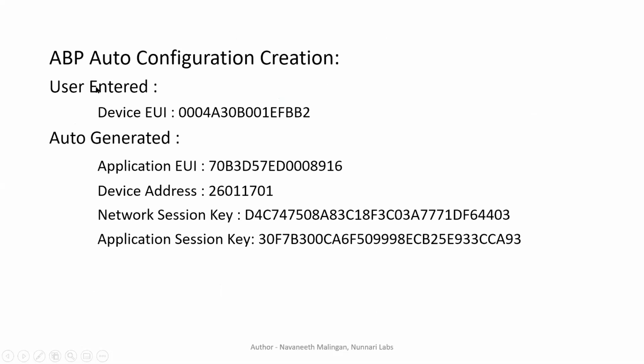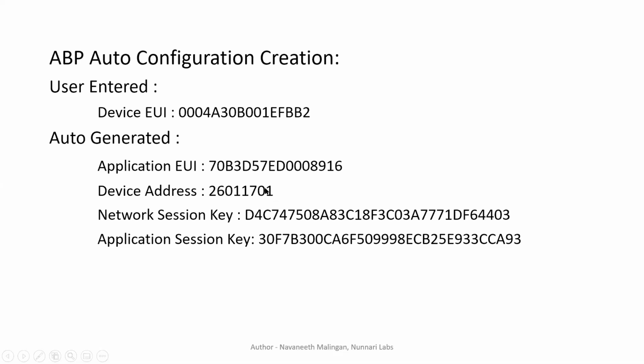So this will be the sample data. This is the user-entered app UI. We have some numbers, the 32-bit data, and you will have the app UI and device address. It's 64-bit, 64-bit. It is 32-bit. It is 128-bit. So everything is in hex format. One hex digit is 4 bits, right? So F is 1111. So in total you have 1, 2, 3, 4, 5, 6, 7, 8, 8 digits. 8 into 4, which is 32-bit.